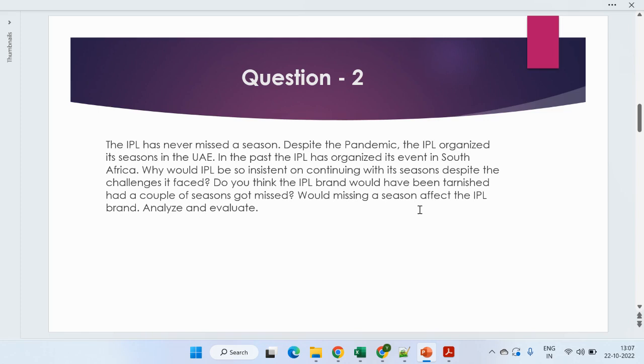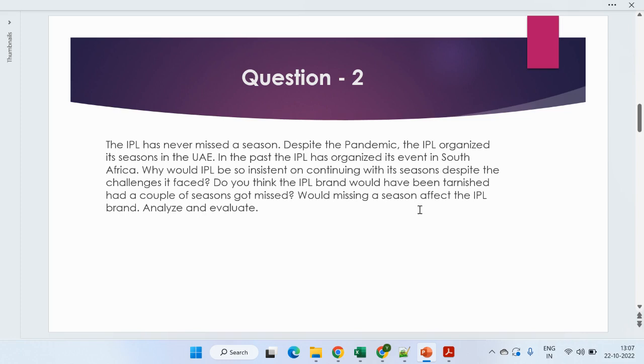And we need to analyze and evaluate all these angles. Definitely, the pandemic was the best part, when IPL got its boom, because it was work from home. All the cricket lovers who earlier were not able to watch the IPL matches were getting enough time to watch them during the pandemic. So that was basically a boom for the IPL branding.